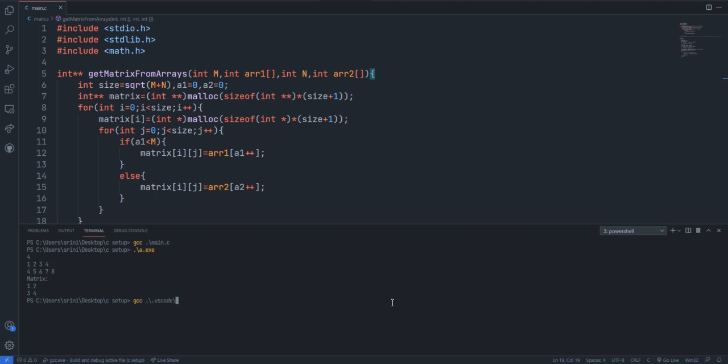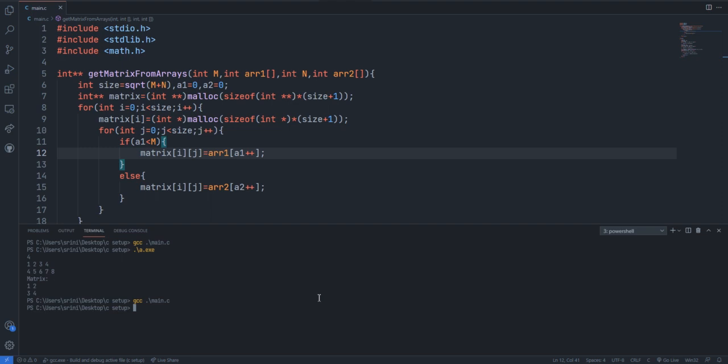gcc main.c. Okay, yeah, 4 plus 4 will give you 8, and the root of 8 will not give you a perfect square root.